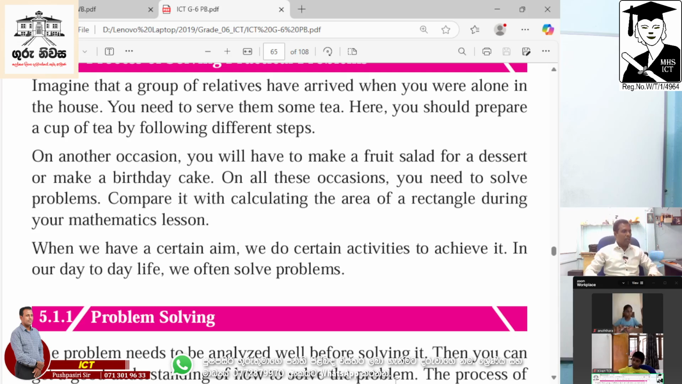Compare it with calculating the area of a rectangle. Hence you should prepare a cup of tea by following the differences. In another occasion you will have to make a fruit salad for the dessert or make a birthday cake. On all these occasions you need to solve this problem. Compare it with calculating the area of a rectangle during your mathematics lessons. That's also a problem. When we have a certain aim, අපි ඒ වගේ හොඳ ඉලක්කයක් තියෙන වෙලාවක, we do certain